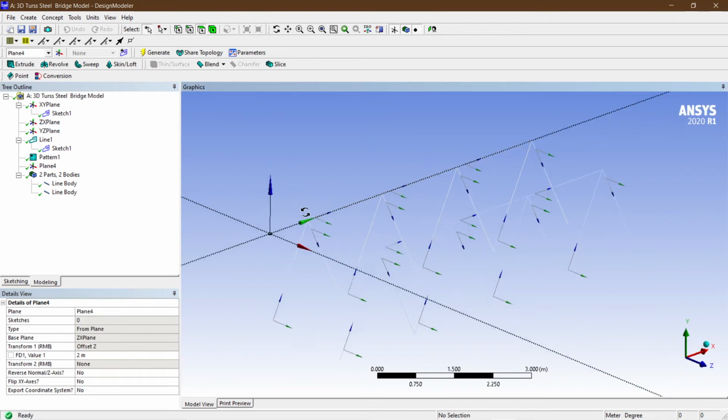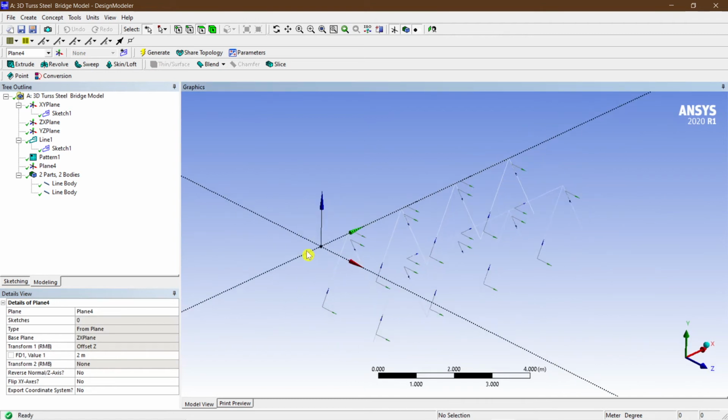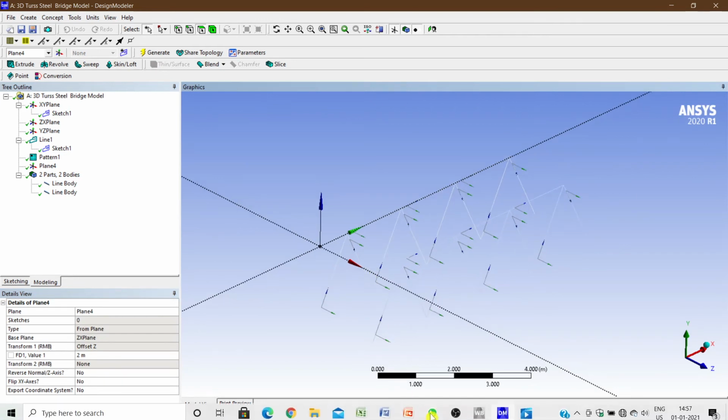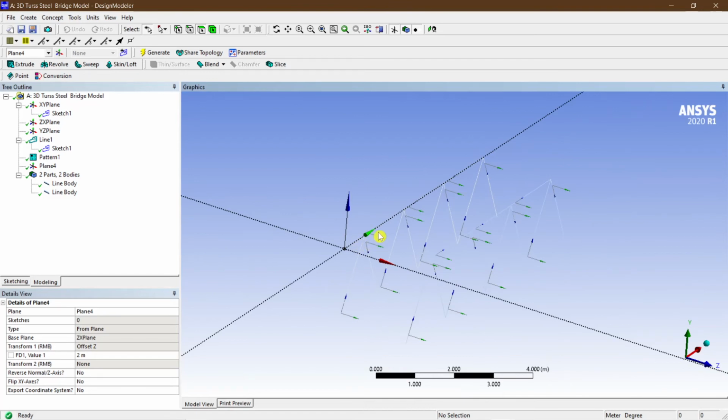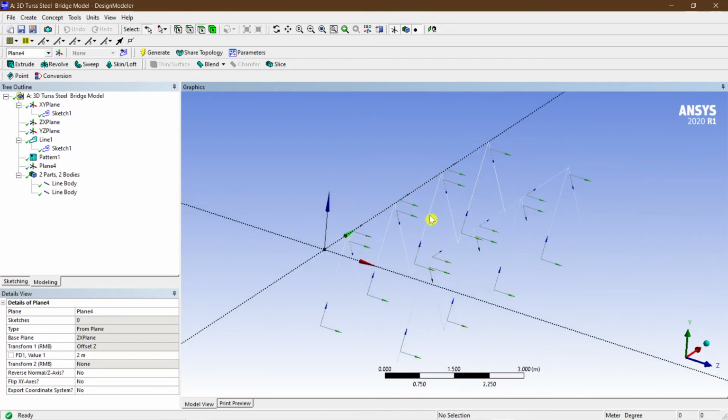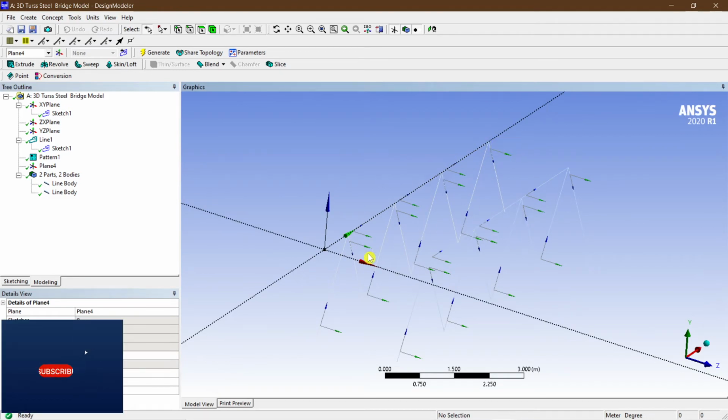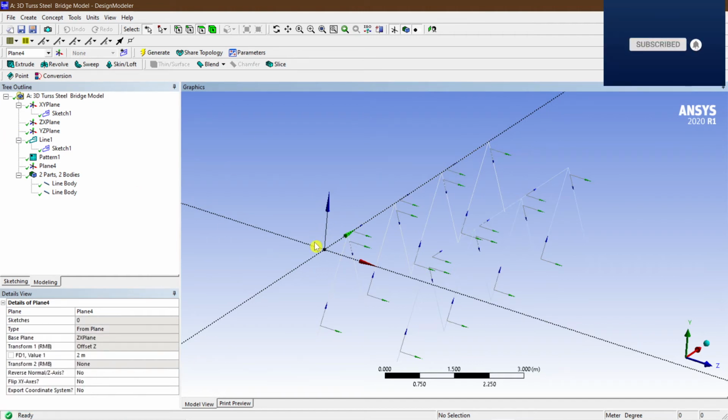So you will be able to see that my new plane has been transferred to the top side here. Again friends, you might be thinking why I create a new plane here. My dear friends, I want to create a connection between these angle members, these triangle members. You cannot do that directly, so for that I have to create a new plane here. After creating it, I can draw the lines here.